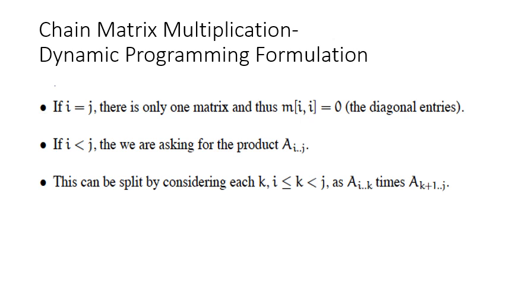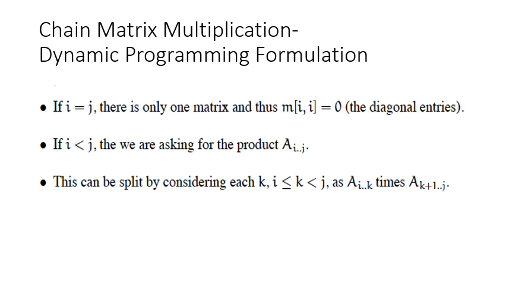On the left side we have parenthesized matrices from i to k, and on the right side we have parenthesized the matrices k plus 1 to j. So the total cost from i to j would be the cost of this subsequence plus the cost of this subsequence plus the total number of multiplications. See here, this left subsequence is represented by A of i to k, whose cost is m of i k, and on the right side we have a subsequence A of k plus 1 to j, whose cost would be m of k plus 1 to j.